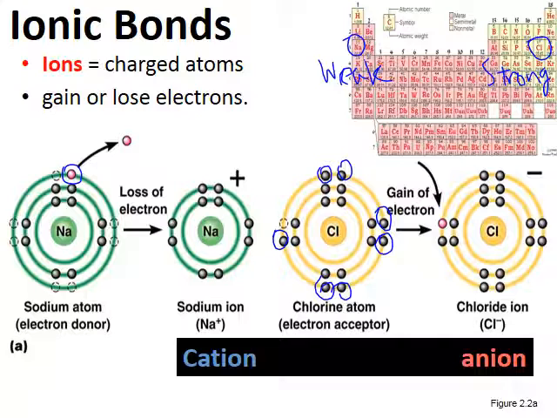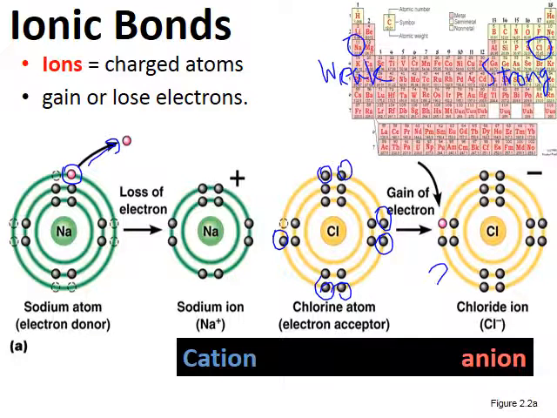Chlorine will keep its electrons, and it has plenty of strength to try and get more. It depends upon who it's trying to get them from. If it's getting them from somebody that's very, very weak, that weak atom will barely be able to hang on to its electron and will readily give it up to somebody who's super strong. So when the sodium comes close to the chlorine, chlorine's basically just going to steal that electron away, and that's what's shown here.